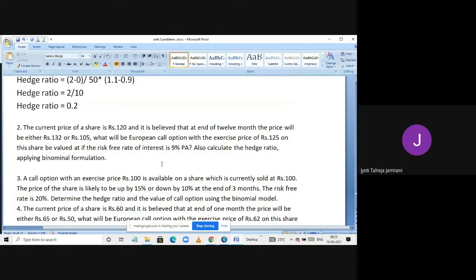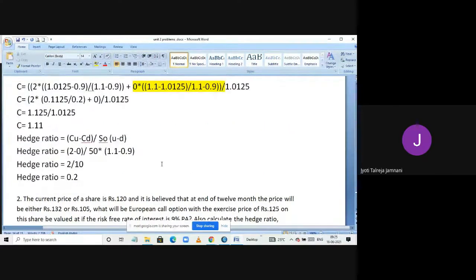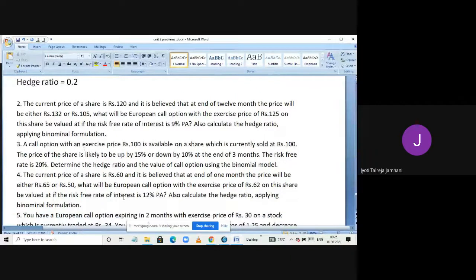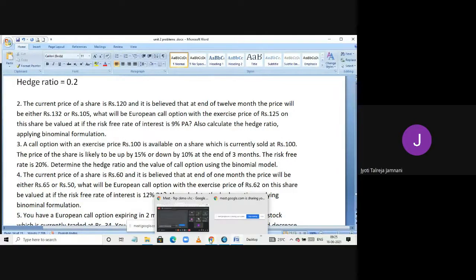If there are no doubts, I'll share this with you. If anybody has time, you can actually start solving the binomial sums and see if you're getting the answers. I've already done the first one for you. The same method we're going to use for the remaining also. So today I'll share this document. You can try. If there are doubts, you can ask. Otherwise, you can type your roll numbers in the chat box and leave.